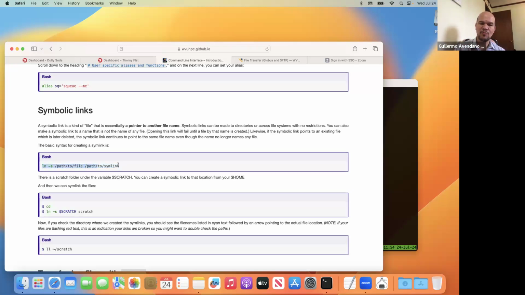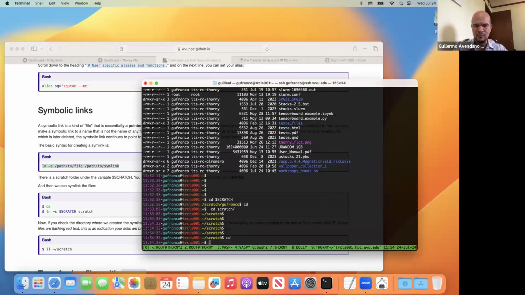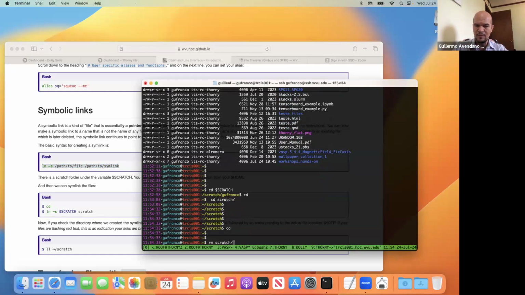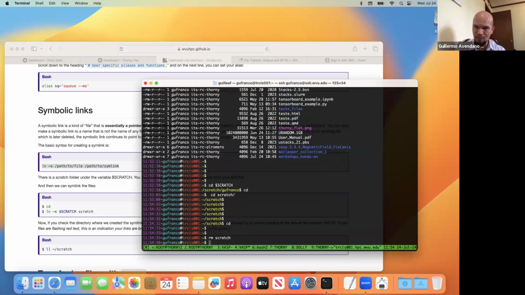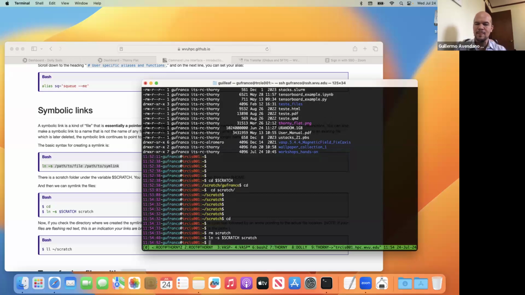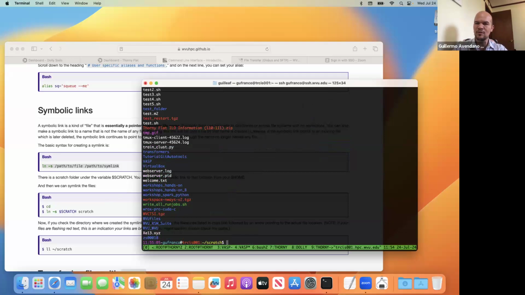And this is the way you create a symbolic link. So I will be deleting my scratch. This is something that I can do. The scratch is just a symbolic link, so I can delete that with confidence. I'm not deleting my data. I'm just deleting the link and creating a new symbolic link to my scratch called scratch. This is how I create, as you see here in the instructions, a symbolic link. That way, all that you have to do is type cd scratch and you see all the files in your scratch